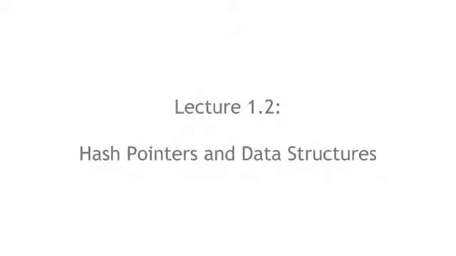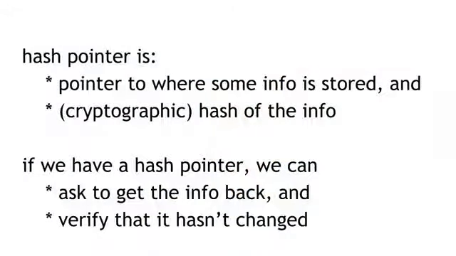In section 1.2, we're going to talk about hash pointers and their application. A hash pointer is a kind of data structure that turns out to be used a lot in the systems that we're talking about. A hash pointer is basically a simple thing: we take a pointer to where some information is stored, and together with that pointer, we store a cryptographic hash of the